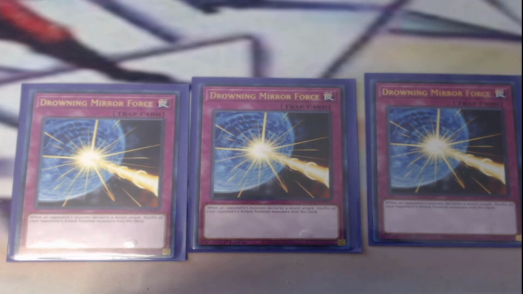Essentially, Drowning Mirror Force, when an opponent's monster declares a direct attack, shuffle all your opponent's attack position monsters into the deck. Now, as soon as you pull one of these, your opponent is going to be tempted to want to hit your back row because they don't want everything they just summoned to get shuffled back into the deck. And this is why Waking the Dragon makes a good companion piece with Drowning Mirror Force, because it's like,